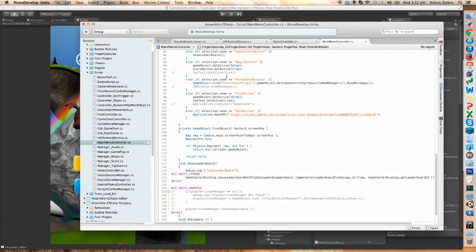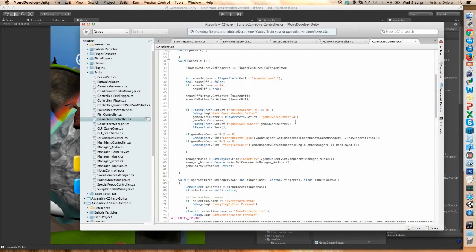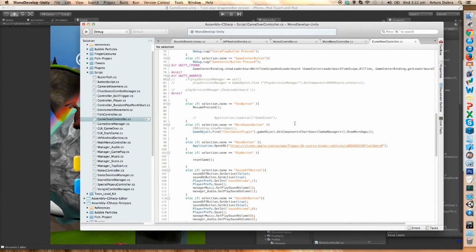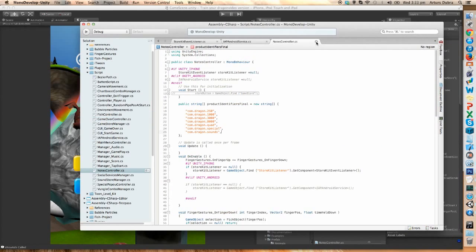This is the rate link. You have to change it in main menu controller, and then you have put the same link in game over controller. Okay,